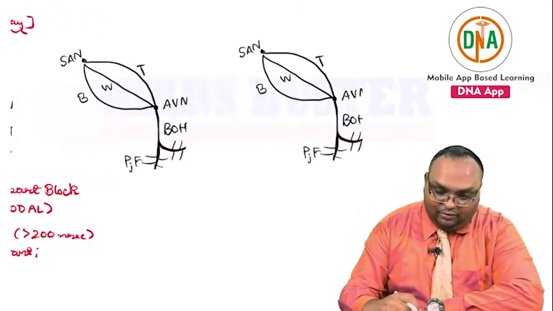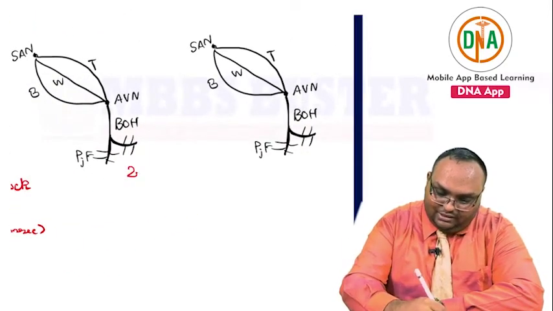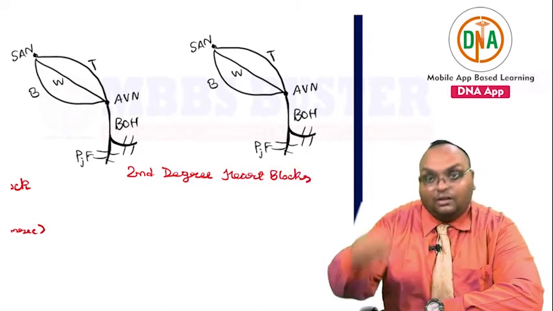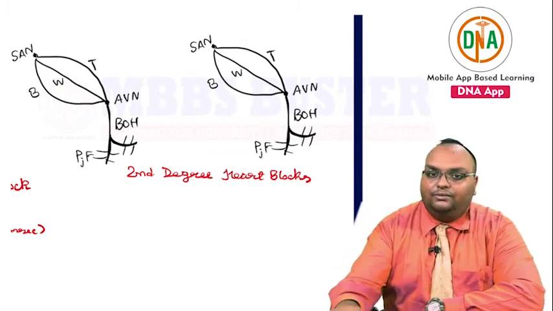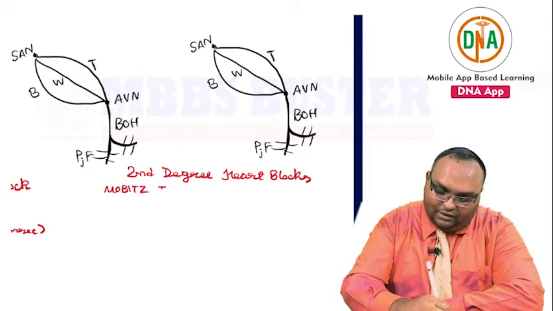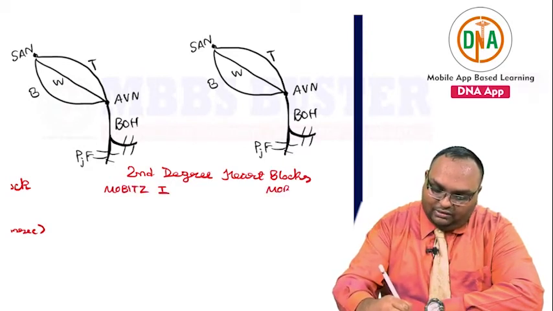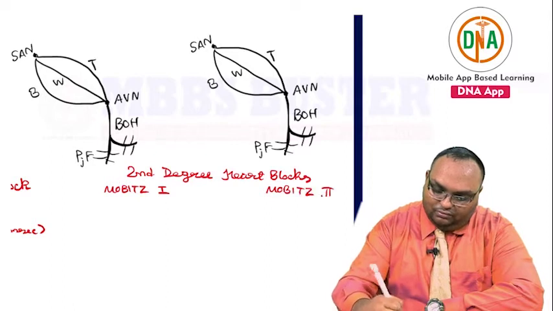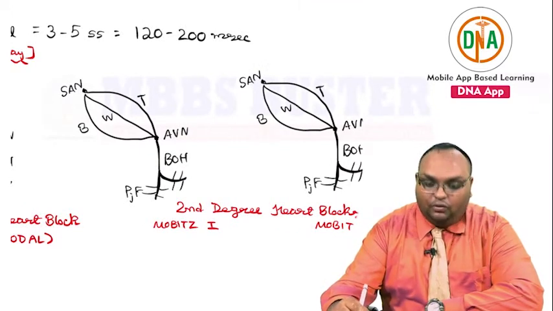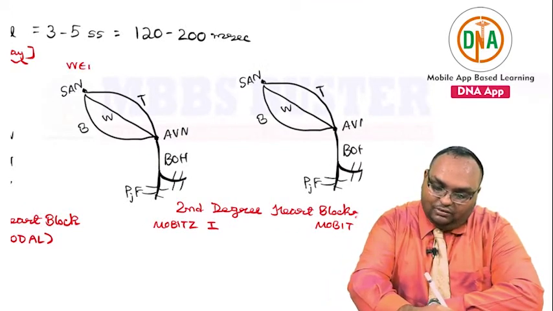What about your second degree heart block? So both these are second degree heart blocks. But both of them are completely different. This one is Mobitz type 1. This one is Mobitz type 2. Right. In the Mobitz type 1 of second degree heart block, which is also known as the Wenckebach phenomenon,